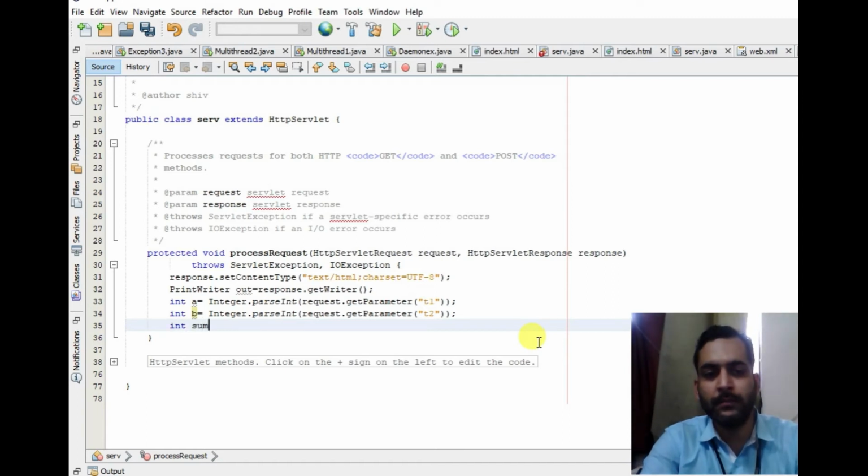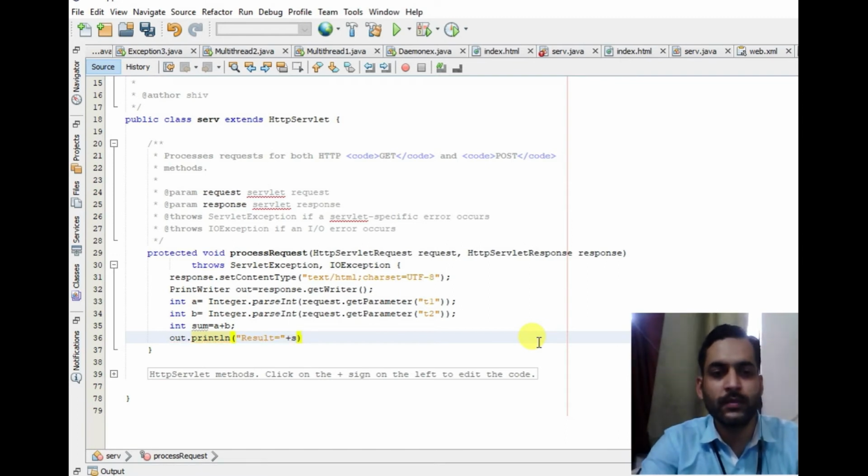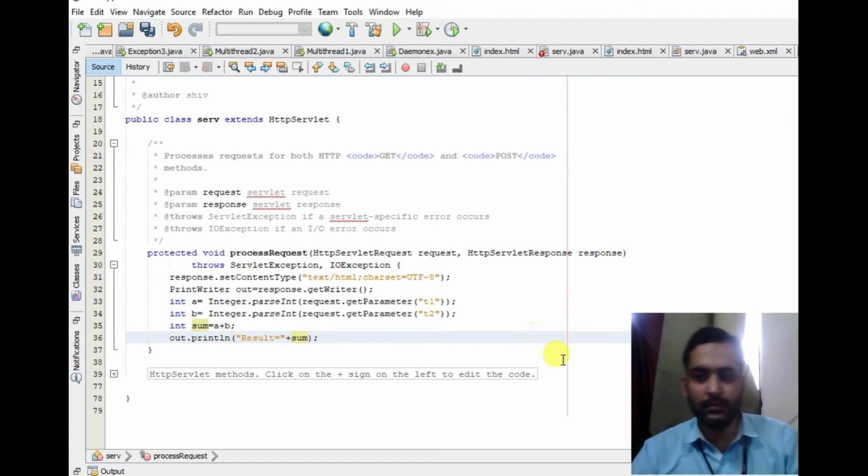Sum is equal to a plus b, and print the value, print the result: out.print, and result is equal to sum. So that's it. Now let us try to run it.